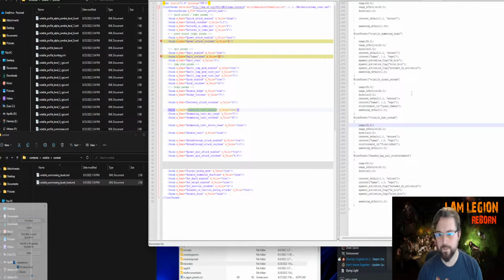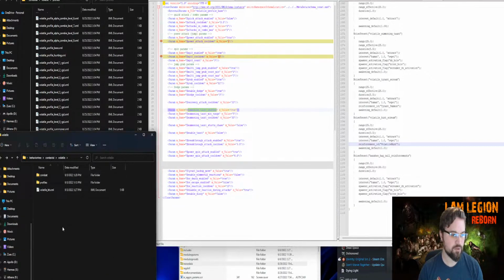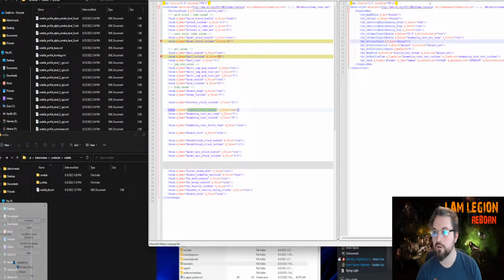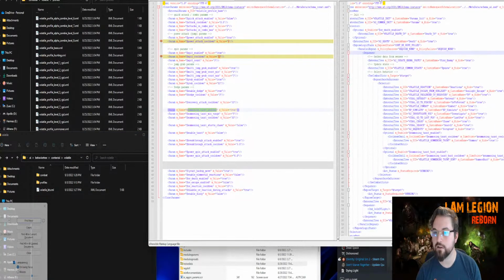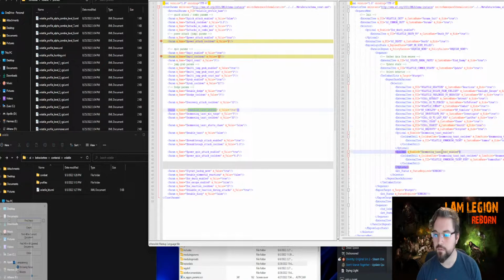Yeah, we'll leave that. So then we should now have the concept of a volatile that if the hunt is enabled, it can do the hunt, summon hunt. And that's on a 30-second cooldown. That way, if they have the summoning taunt,